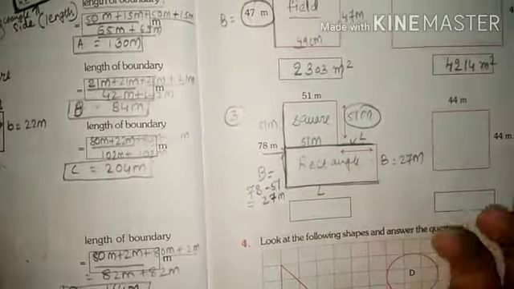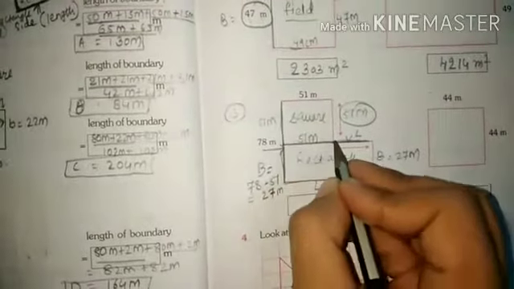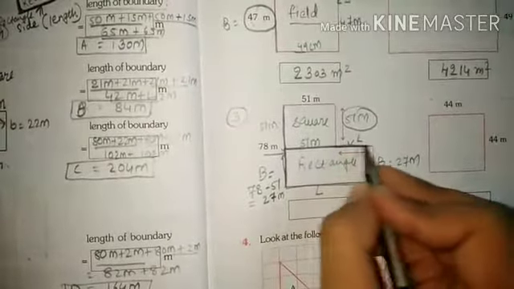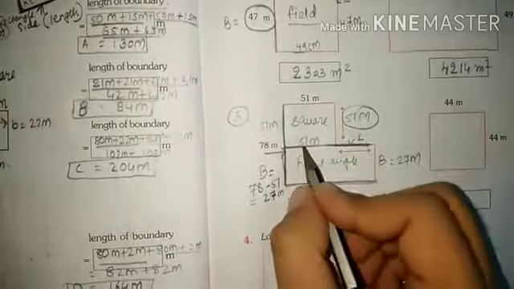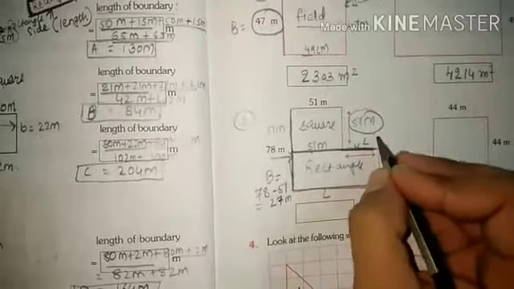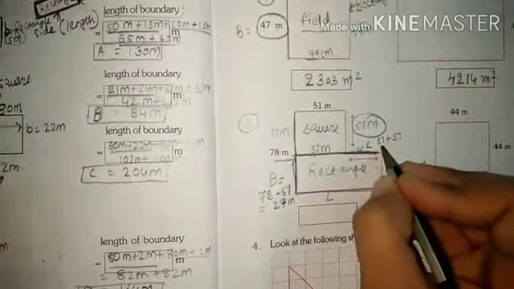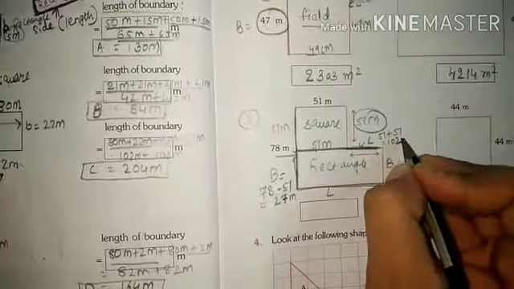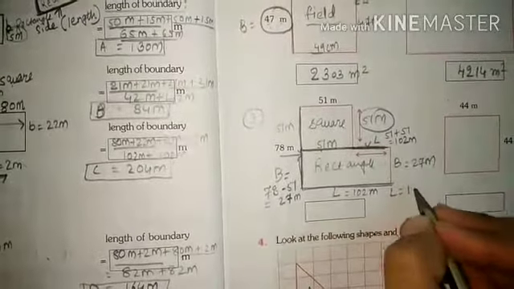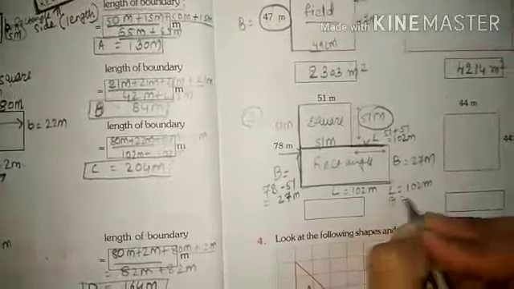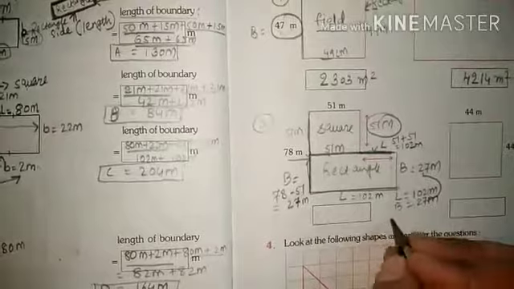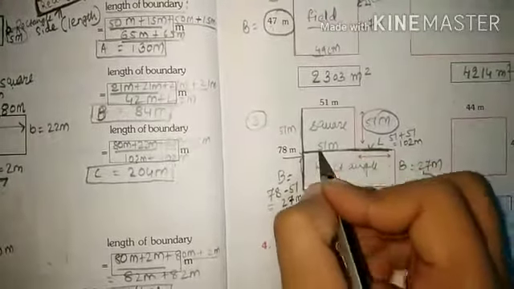This is also 51, okay students, because this is 51 and we have been given here कि ये जितना है उतना ही ये हमें दिया हुआ है. Okay students, so if this is 51, to find out the entire line you can do one thing: 51 plus 51, it is 102 meter. So your length is 102 meter. So for the rectangle, L is 102 meter and B is 27 meter students. And for the square, all four sides are 51 meter.